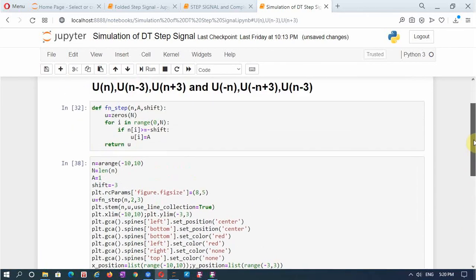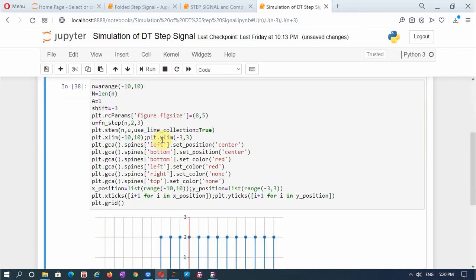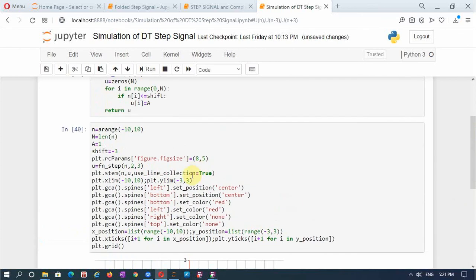Okay. So now to make it as a folded signal, I have explained u of n minus 3 and n plus 3, and also with a different magnitude. To make it as a folded signal, just change this greater than sign to less than, and also remove this minus sign here. Okay. So that has to give you a folded signal. So now because the shift is plus 3, it has shifted to the right.